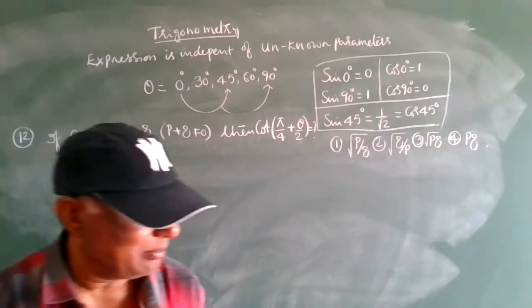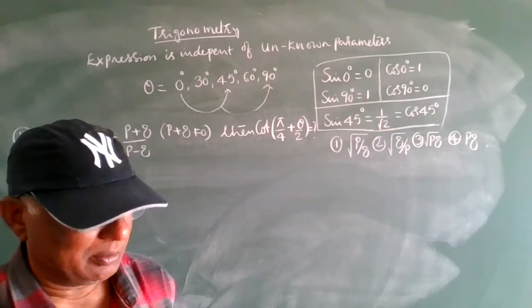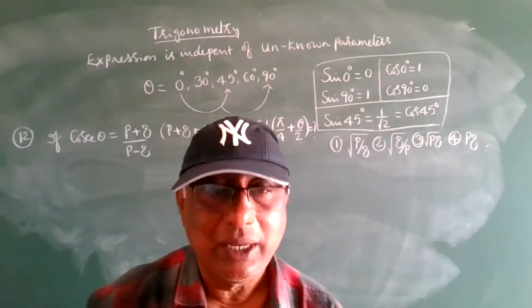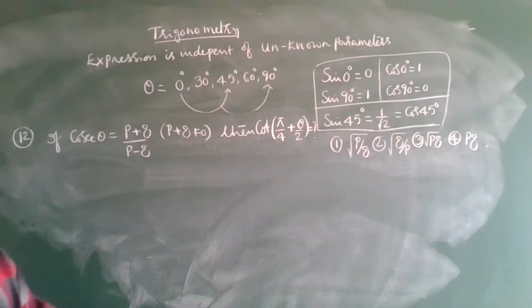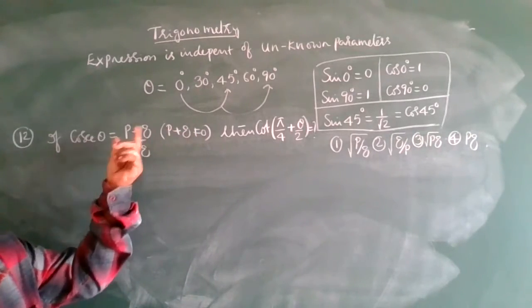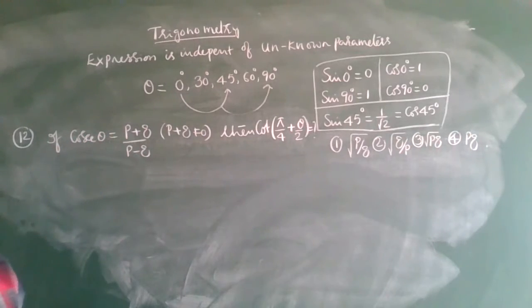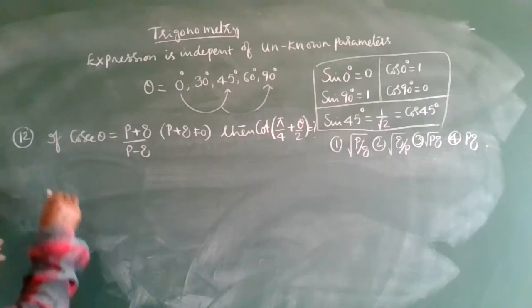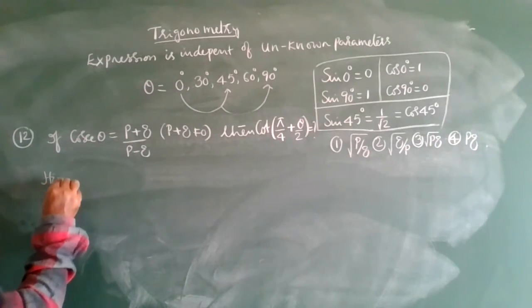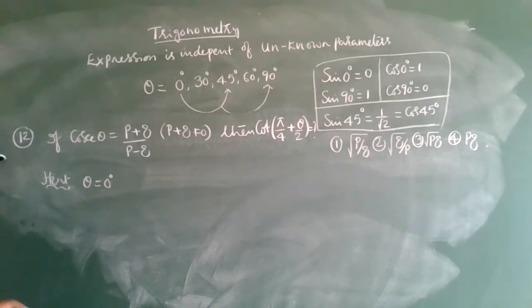I will do this problem also in a simple manner, not by the long procedure. Here, don't take P plus Q as 0. We put the condition; otherwise, if it were not given, I would take P plus Q as 0 and simply write cosecant 0 values. But here the condition is don't take P plus Q as 0. That's why I will take theta is equal to 0 degrees.